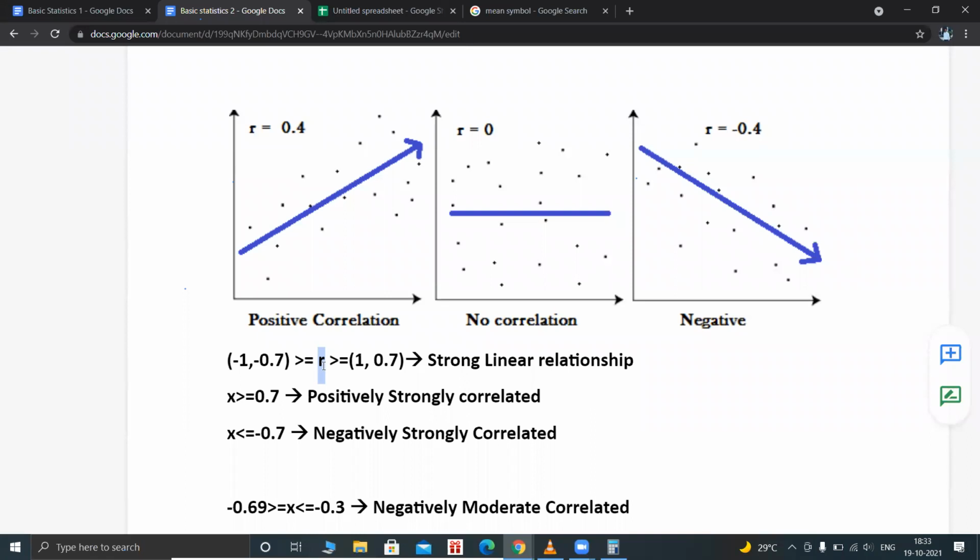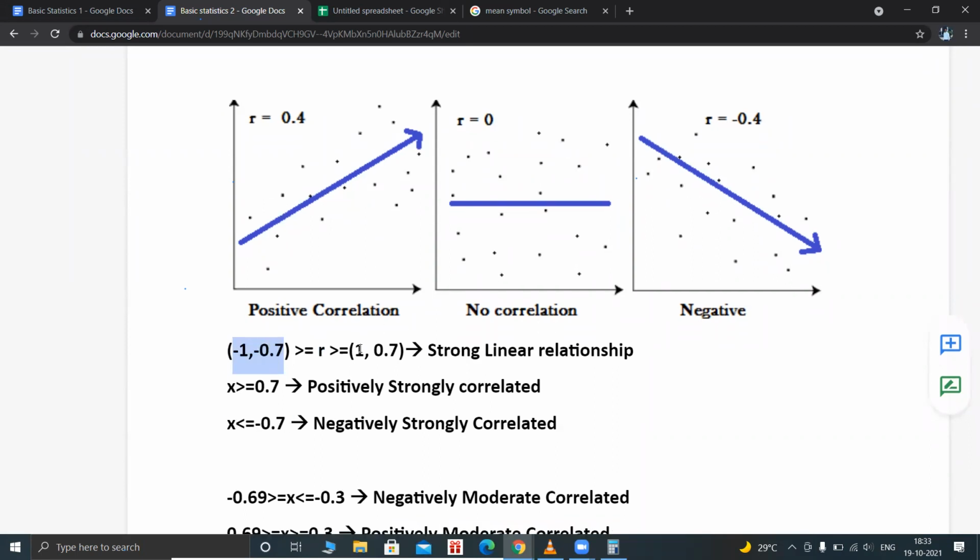So if r is between minus 1 to minus 0.7, then there is a strong relationship between the data. There is a strong relationship between X and Y. That means if it is negative, then it is strongly negatively correlated. If it was plus 1 to 0.7, then